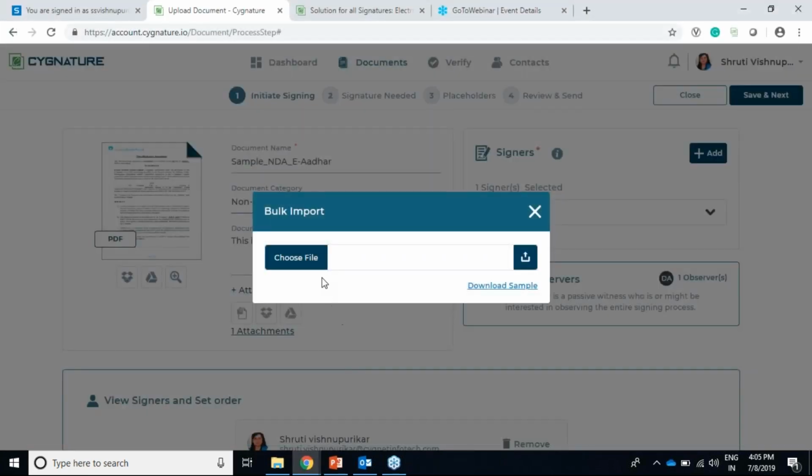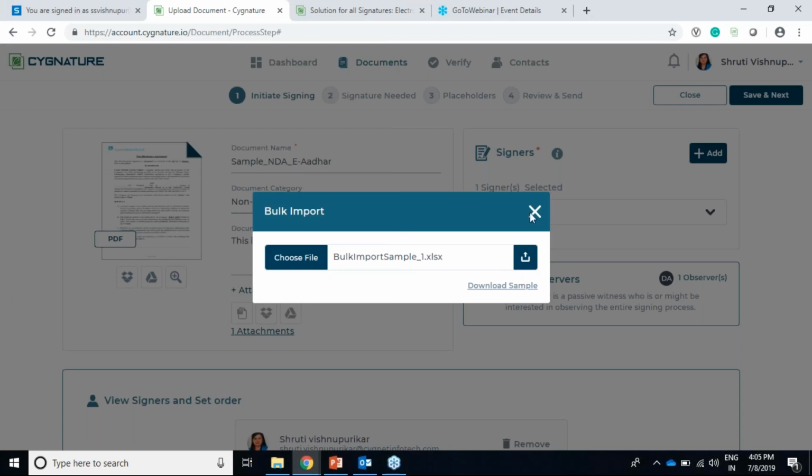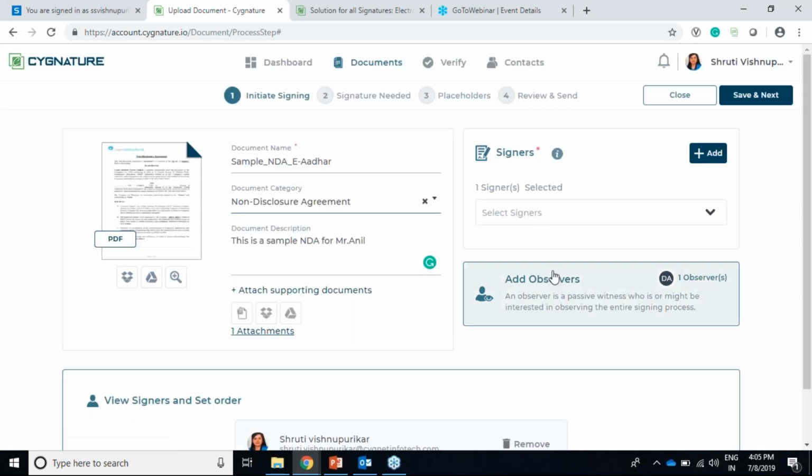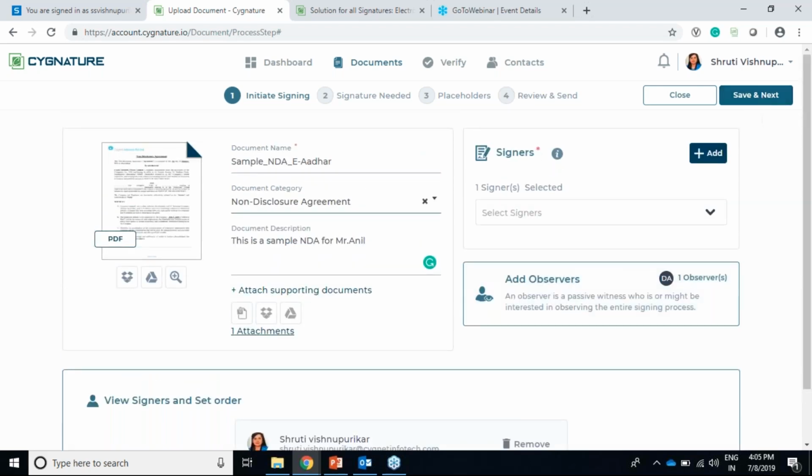I specifically created a bulk import file for the demo. So I'll just import this. Yeah, so this is it. So if you want to send a particular document to n number of contacts, you can bulk import the sample, putting all the contact details of the signers in that. So I'll do save and next.